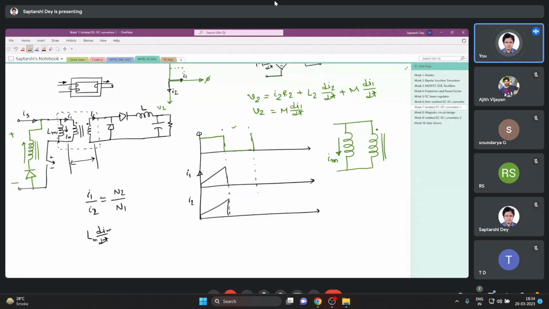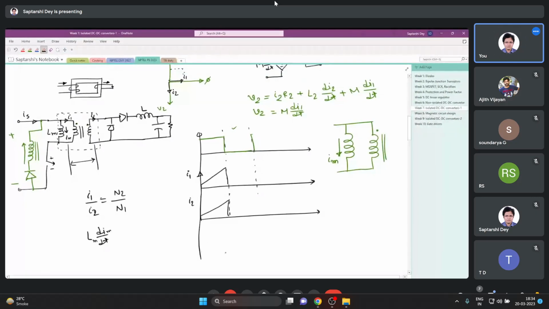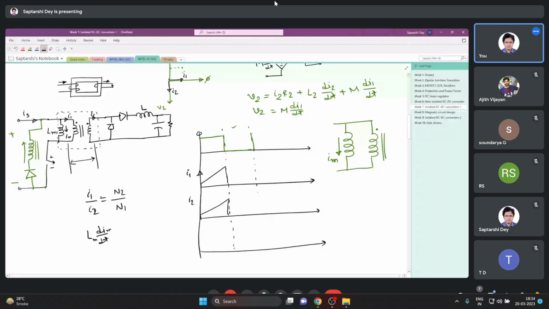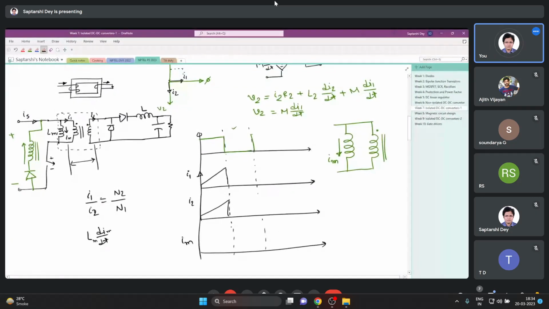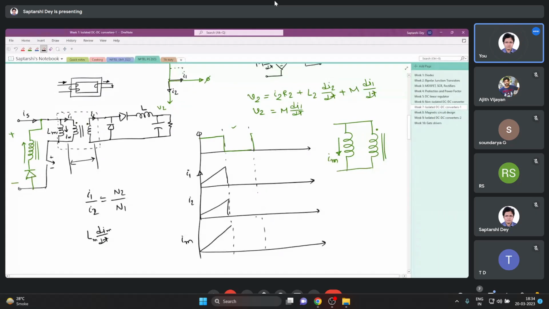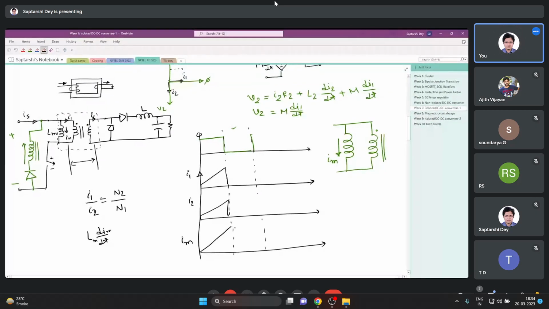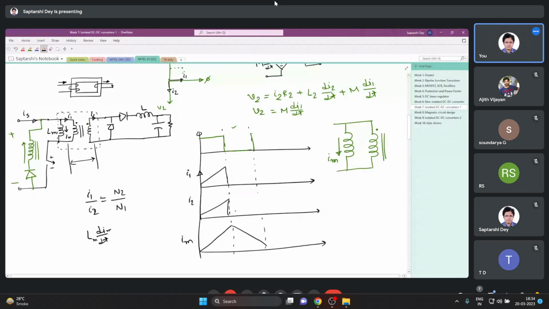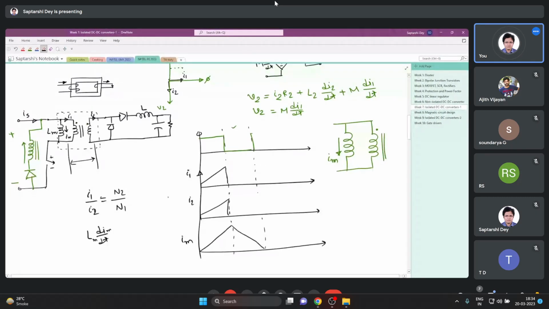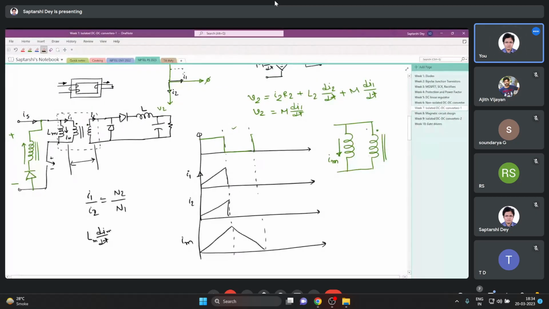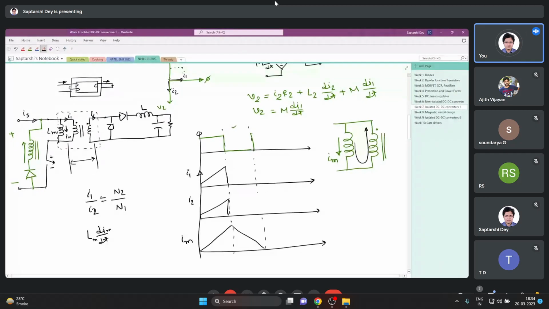So if I draw Im, it's difficult to draw vertical lines here. If I draw Im, I was increasing. Now it will reduce through this winding, right? Sorry, reduce. So this current will now flow through this,